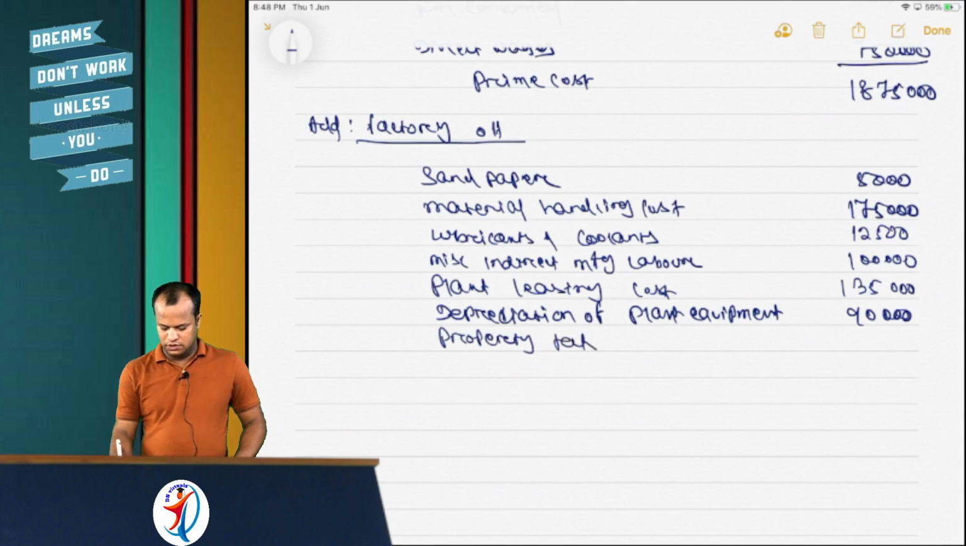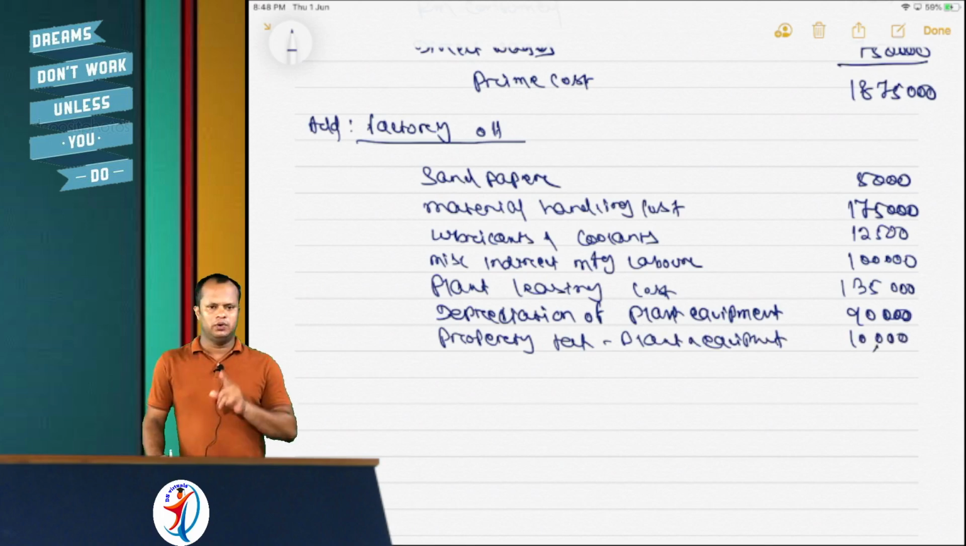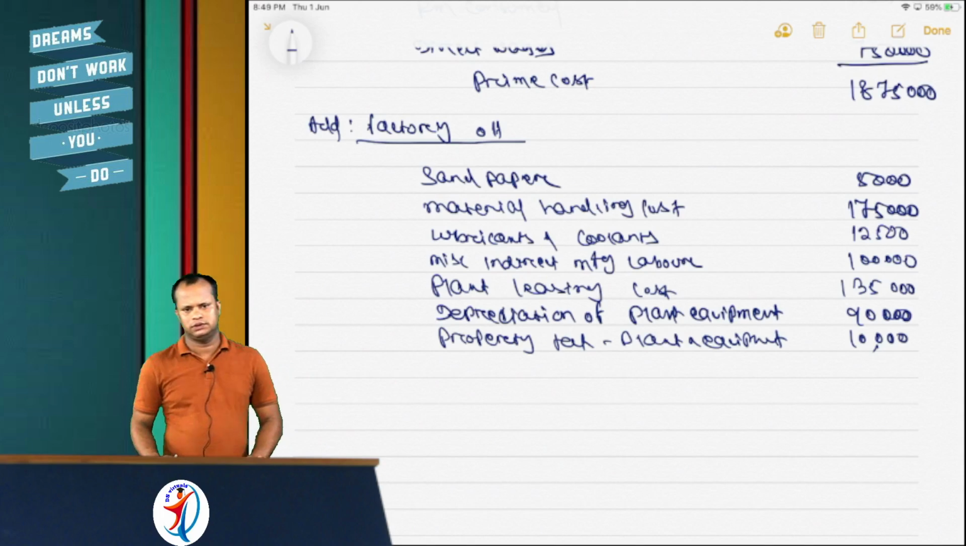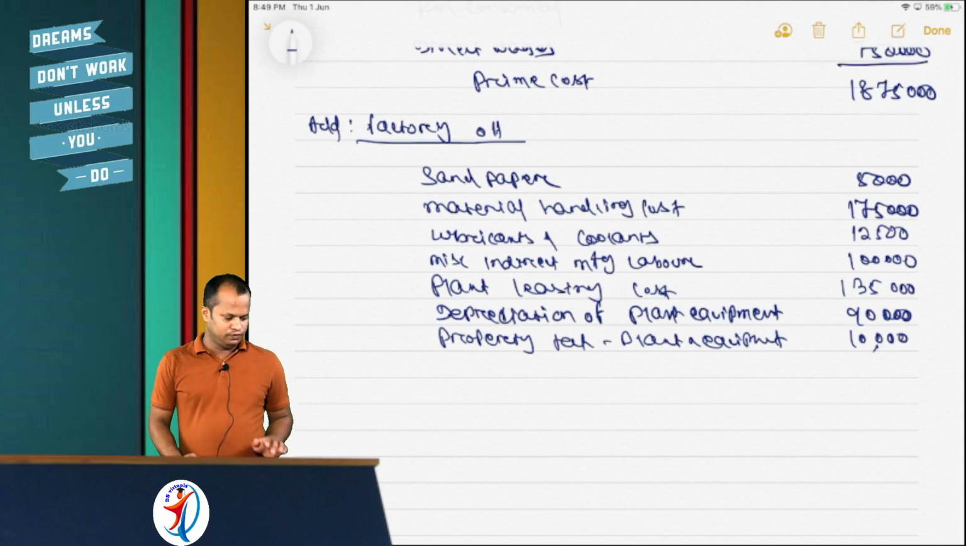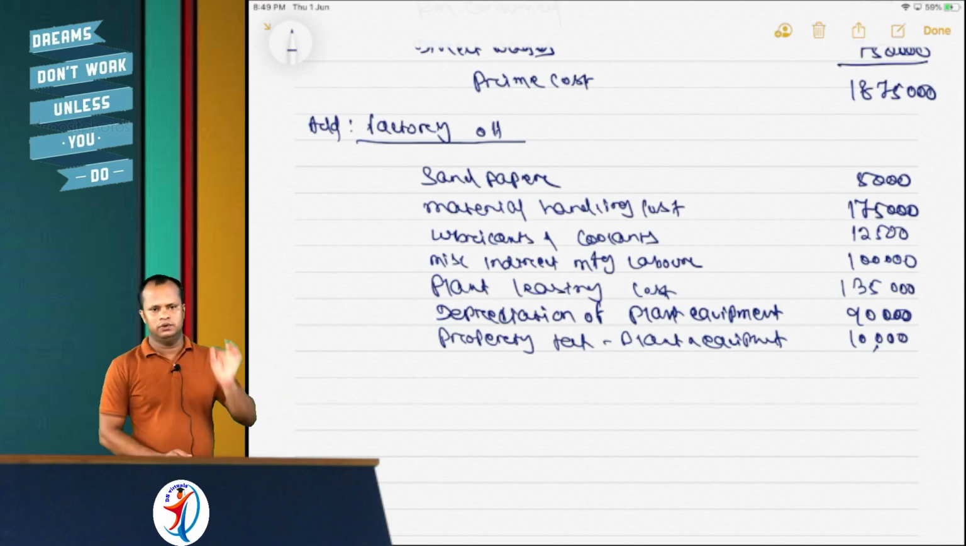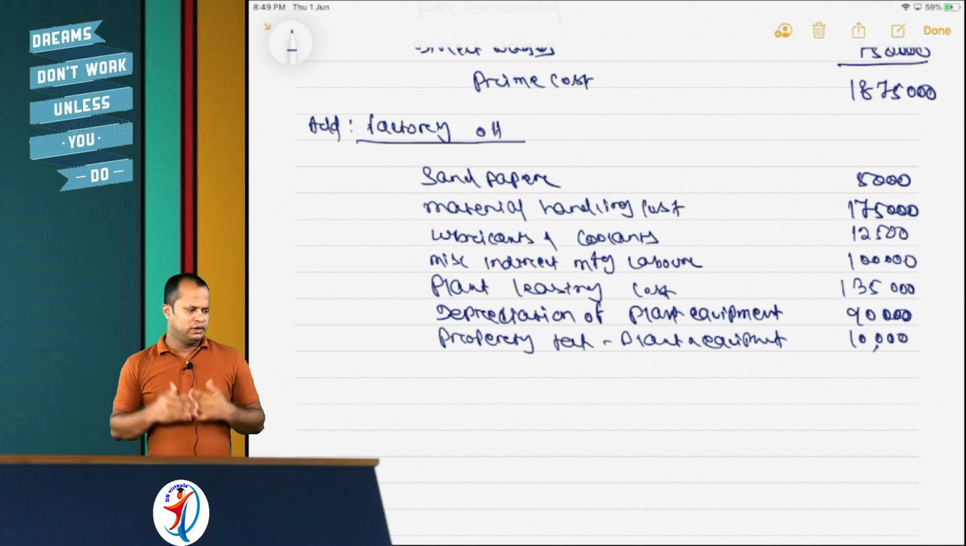Property tax, plant and equipment, 10,000. Sir, in concept class you have told that tax is not a part of cost. So at the time of preparing cost sheet, tax will be ignored. Yes, I had told that tax will be ignored,